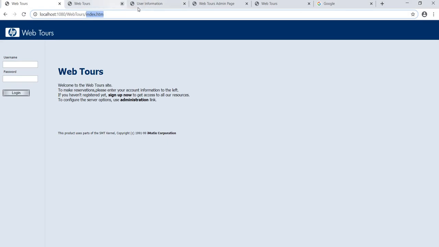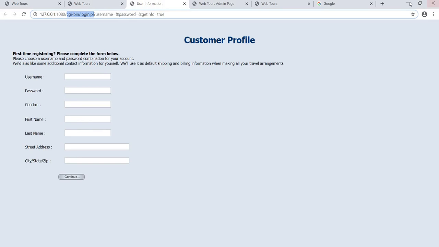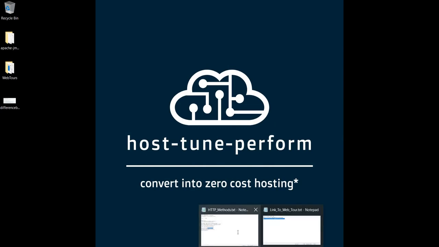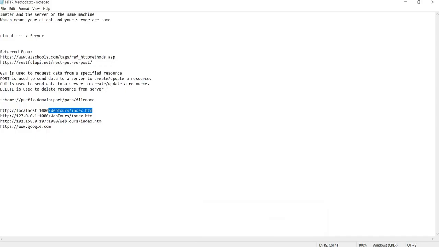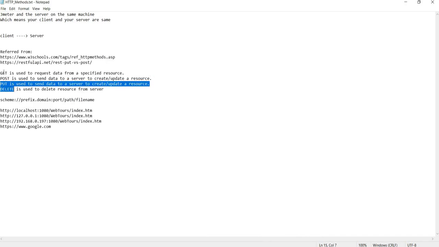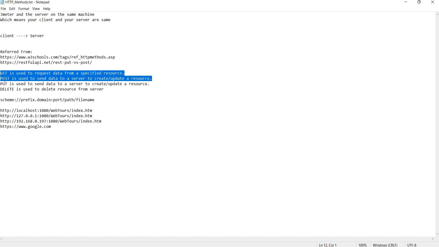Posting is like you are putting up the information. You just registered and you want this information to go back to the server, so this is POST. So in GET you get a response body, but in POST we have a request body because we are posting up things. There are some basic types of HTTP methods which I have written over here, the most used are GET and POST. GET is to get the resource, POST is to put the resource on the server.